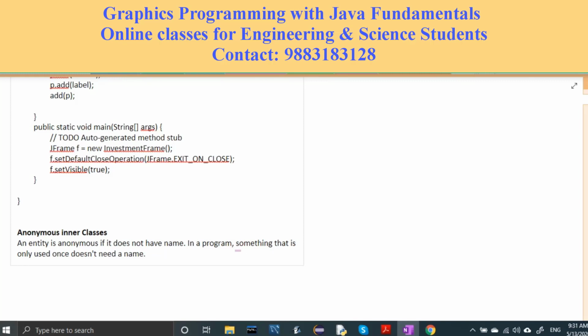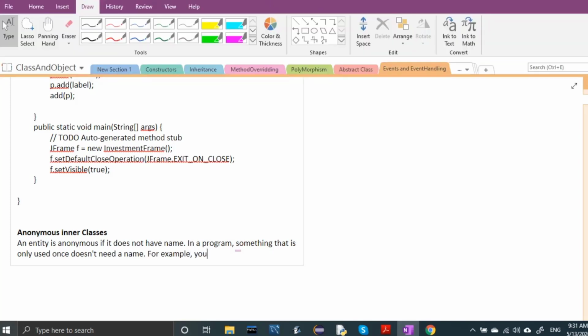Fine. For example, you can replace, say you have defined something like this: String buttonLabel. Some people write the program like this: buttonLabel equal to add interest, right?